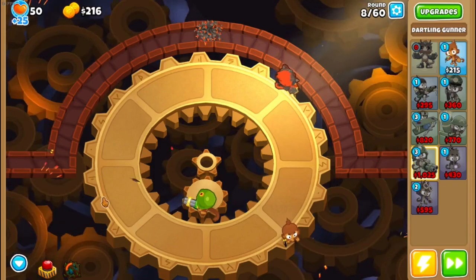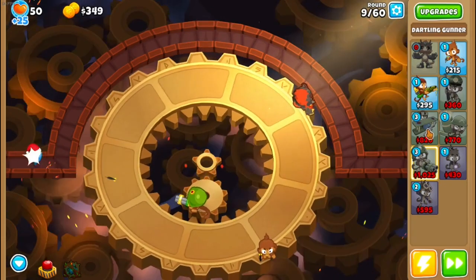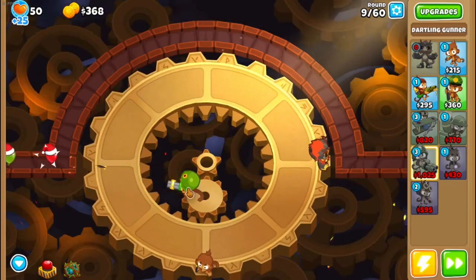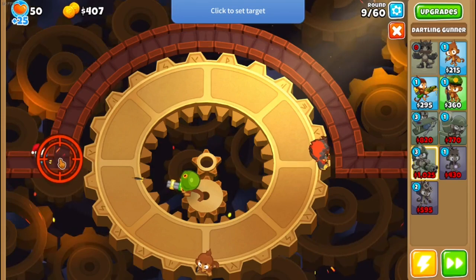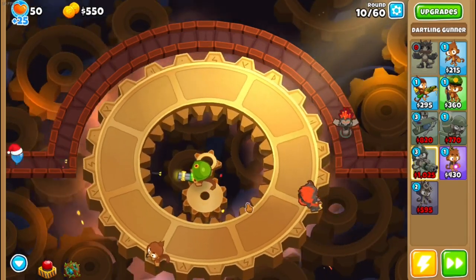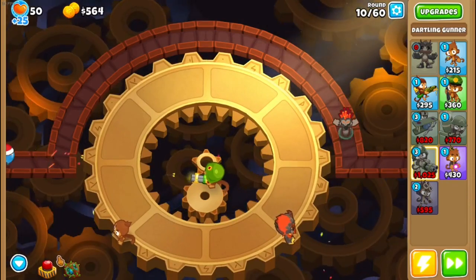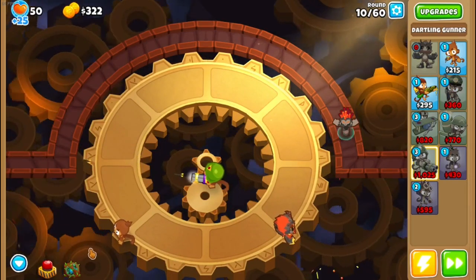If possible. If it slowly turns out that it's not working very well, putting our Dartling Gunner right there, then we can move it. But I think for just now, right around there is a good spot for us. Okay. So essentially, we're going to be relying on this Dartling Gunner quite heavily to deal most of the...